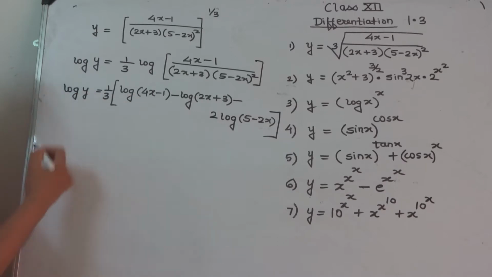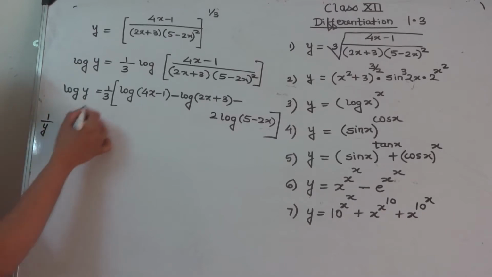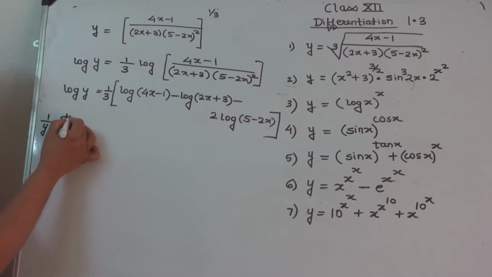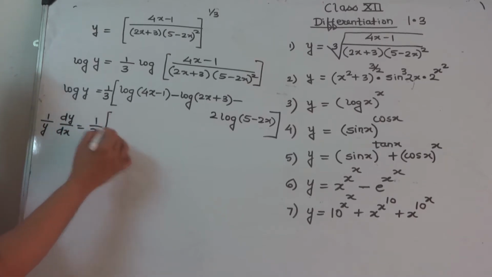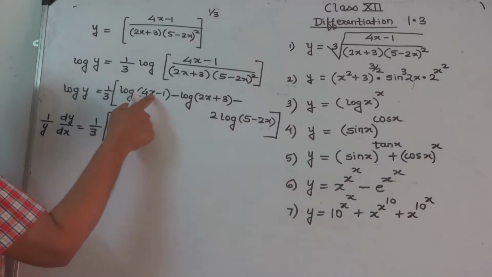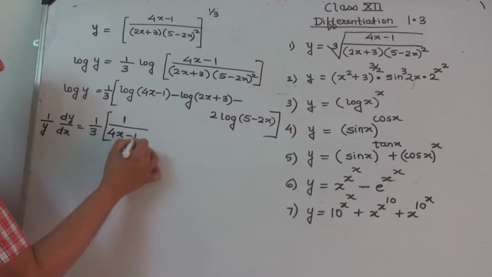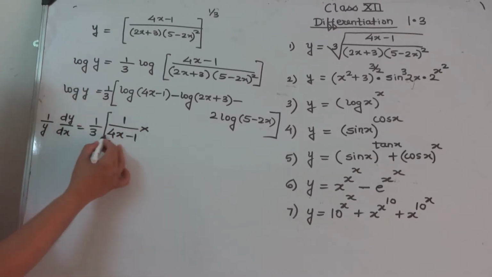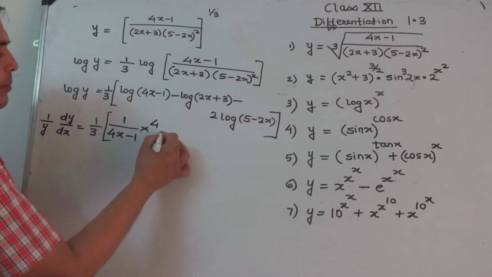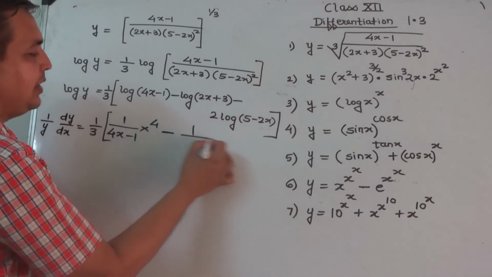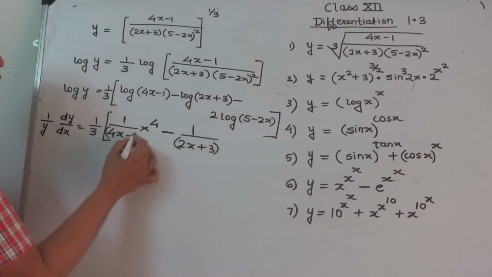And now we differentiate both sides with respect to x. Derivative of log x is 1 upon x. In place of x we have y. So chain rule, 1 upon y into dy by dx equal to 1 by 3 constant outside the bracket. This is log. Derivative of log is 1 upon 4x minus 1, chain rule, into derivative of 4x minus 1 is 4, minus log of this, derivative is 1 upon 2x plus 3 into chain rule, derivative